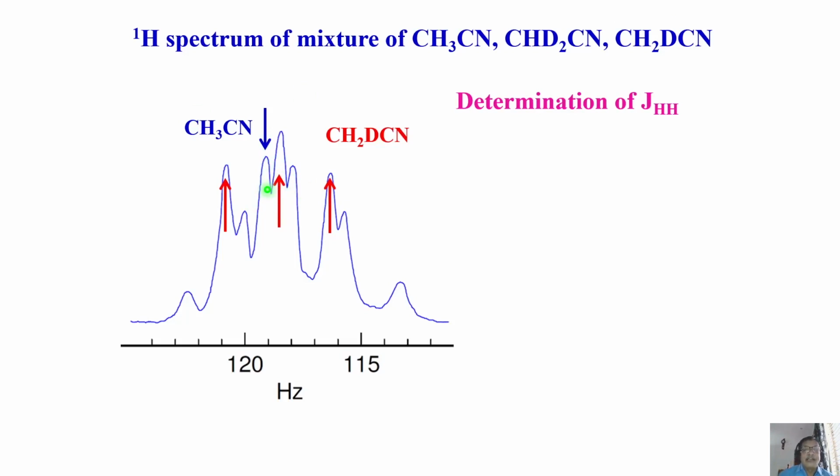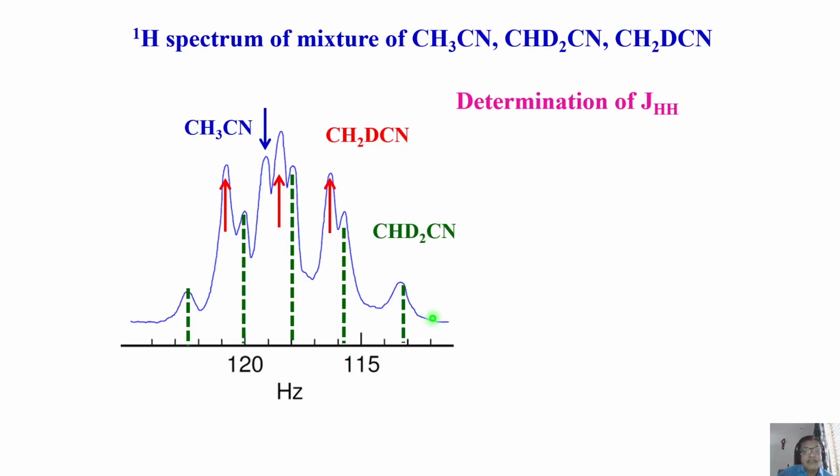Next, alternatively, why can't I see this molecule? That's also possible, right? That also will couple to this one, and I can get HD coupling there also. Once I get HD coupling, I can convert to JHH using my formula. If I take the spectrum of the mixture, I took all three. Now look at it. When two deuteriums are coupled to a proton, as in one of the examples you worked out, it is going to give a quintet with intensity pattern 1, 2, 3, 2, 1.